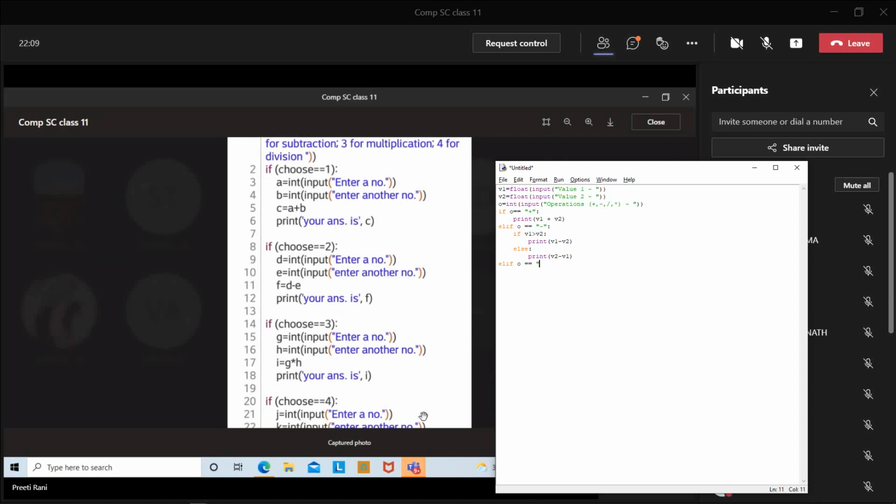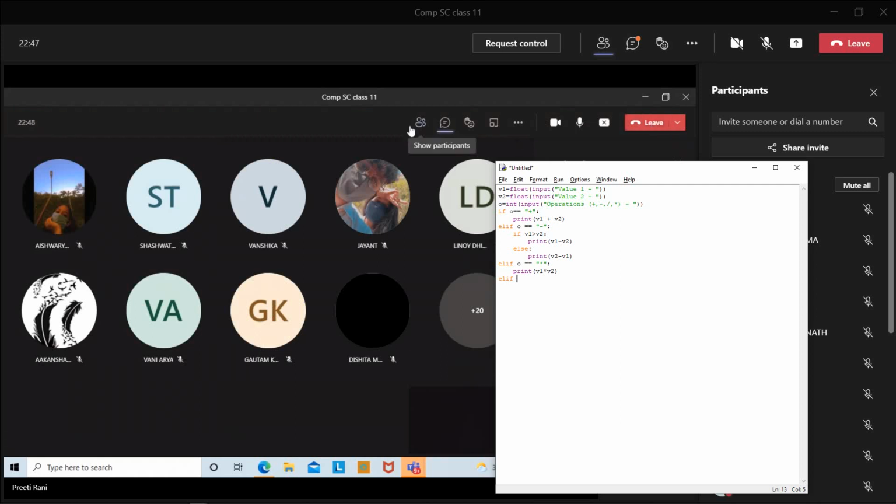Can you do all? I want results from all students. Do it fast. Ma'am, I have sent it on chat. Okay. Ma'am, I have also sent. I'm just going to check. The rest of the students who are not doing it, can you do it? Do it fast on your computer. Otherwise, send it to me in the personal chat, right?